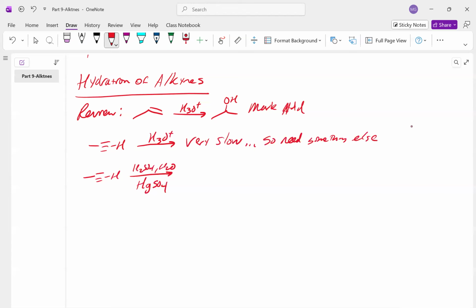And if I use the pattern that I've seen in this whole unit and comparing it to reactions with alkenes, you might think, well, this should be our product. OH goes to one side, hydrogen goes the other. It does a Markovnikov's addition. And you wouldn't be completely correct in this. Because what happens is this product, which we call an enol, an alcohol on an alkene, is not very stable